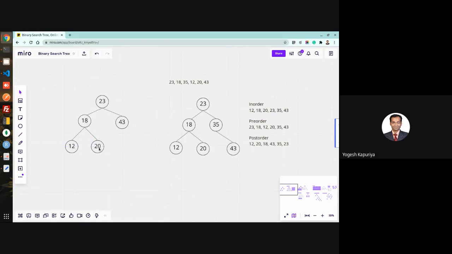Let's make this tree bigger, so that it gives you more idea. So this is 43. Let's make it 36. This is 53.